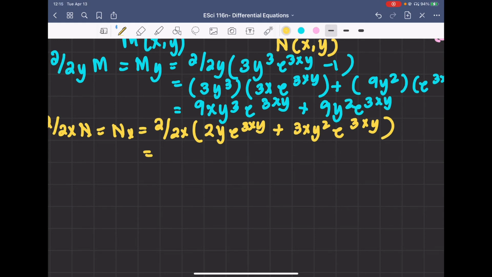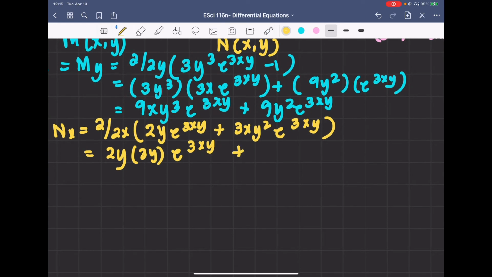In this case, since we are partially deriving this with respect to x, all of our y are constants. So for 2y times e raised to the power of 3xy, that is simply 2y times the derivative of 3xy with respect to x, which is 3y times e to the 3xy,